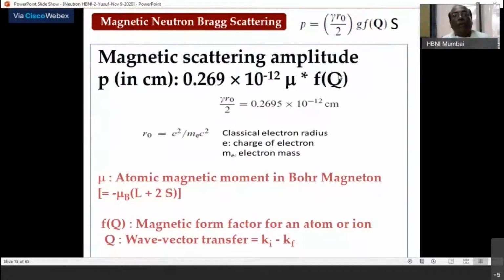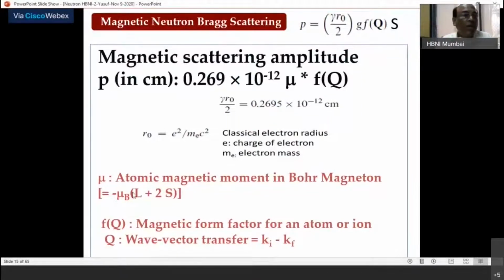Okay, so it will depend upon at what Q value. So for a given magnetic atom, mu is fixed, let us say. But if that gives a Bragg peak at a lower 2 theta, lower Q, this F is maximum at Q equal to 0, forward scattering. F will be decreasing as you go away from Q equal to 0, meaning larger and larger 2 theta values. That's why, again I repeat, in magnetic neutron scattering you always look for the Bragg peaks at lower 2 theta. There only you will see observable magnetic intensity.